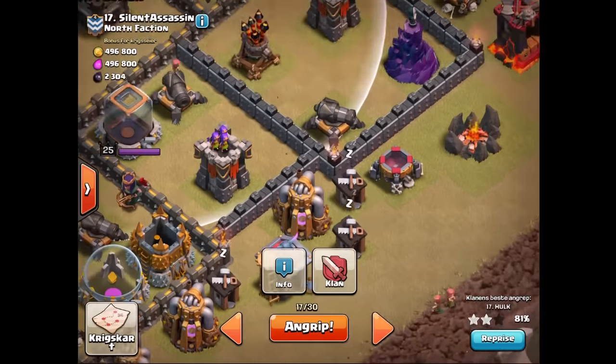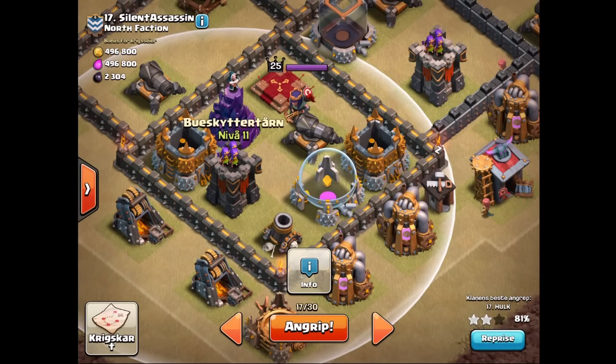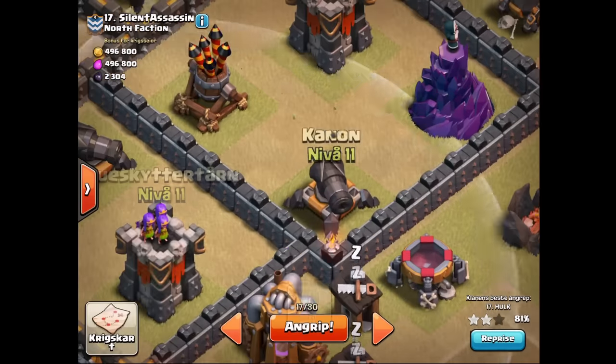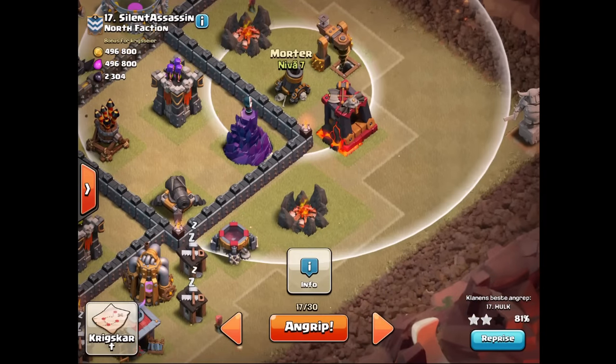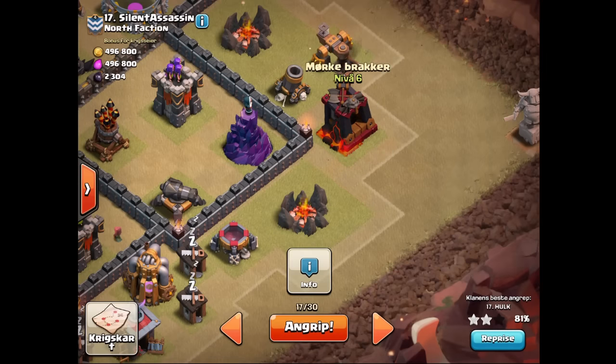My plan is to start her walking from down by 6, take out the Archer Tower, Cannon, Mortar, Archer Tower, and break in by the Cannon here. There's nothing really that's going to stop my Wizards if I place one by the camp and one by the Dark